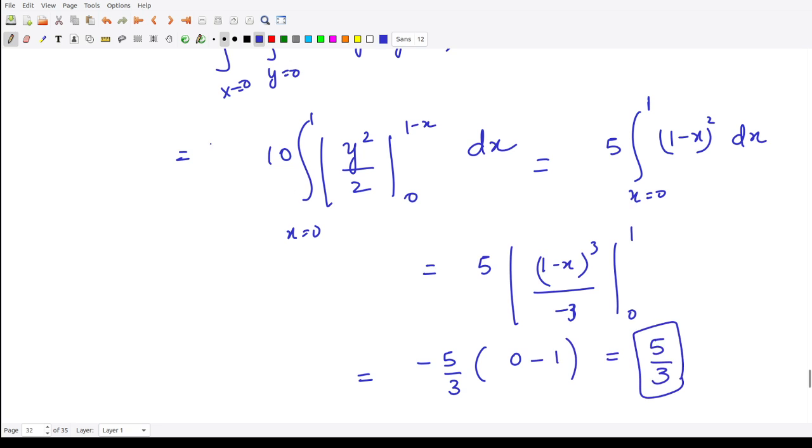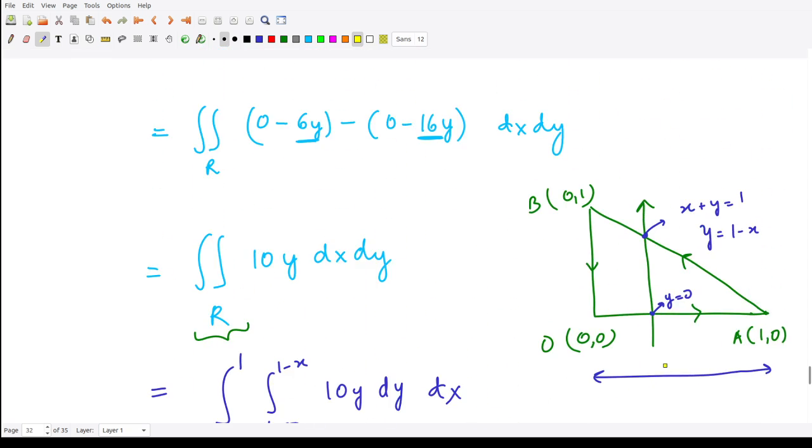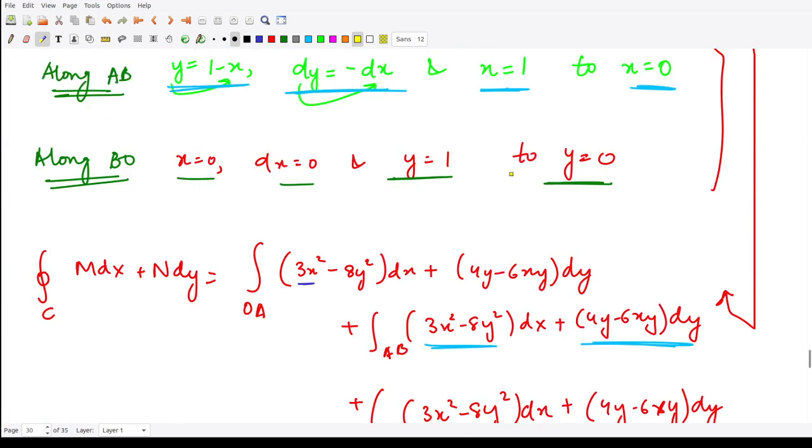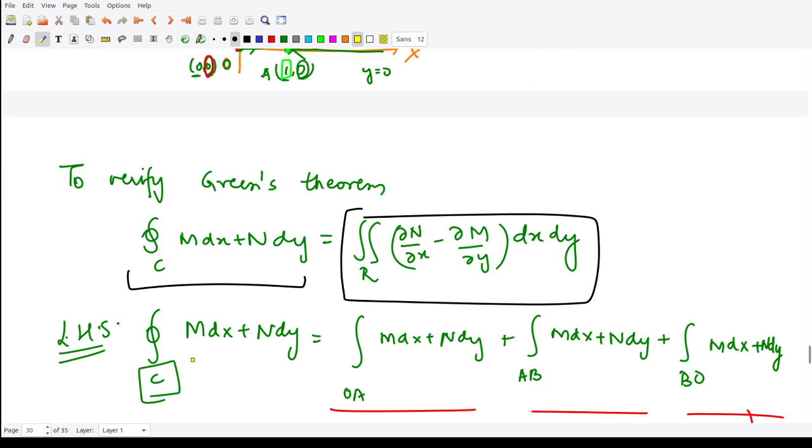So you see, you got the same answer while solving this right hand side as 5 by 3. However, the calculation is so short, right? So this is what you solved here in this case, and for the left hand side you got the same value when you solve this particular quantity here, the line integral. So this is how this theorem is helpful in order to reduce so many of the computations, and here we verified the Green's theorem. I hope you understood this concept.